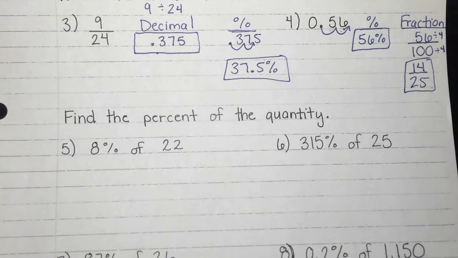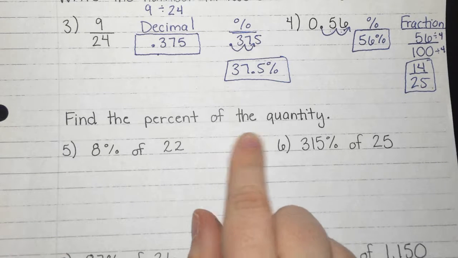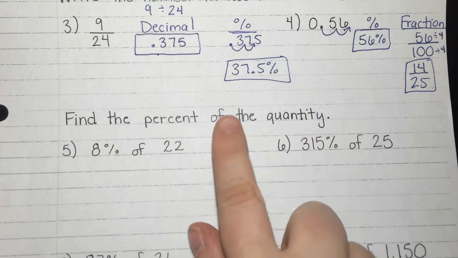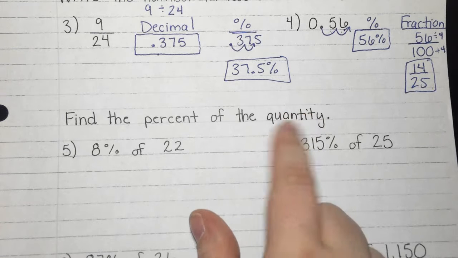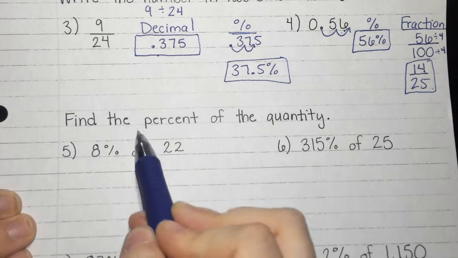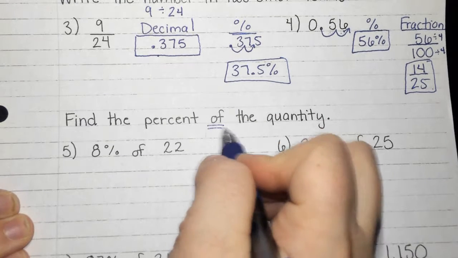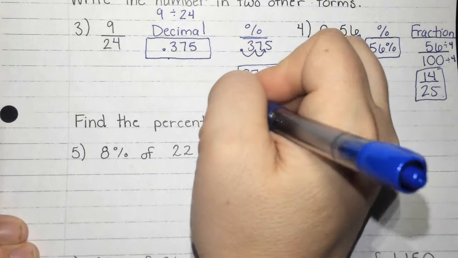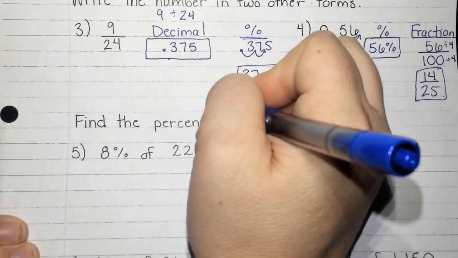So now that we're back, one of the questions that was just asked was quantity. Let's have a little reminder of what the word quantity means. That just means find the percent of the number. Find the percent of the amount. All right, that's a really good question. Now, guys, the key word in all of these problems, we're finding the percent of something. Can anyone tell me what operation does the word of signify? Adding. Okay, so adding, potentially,